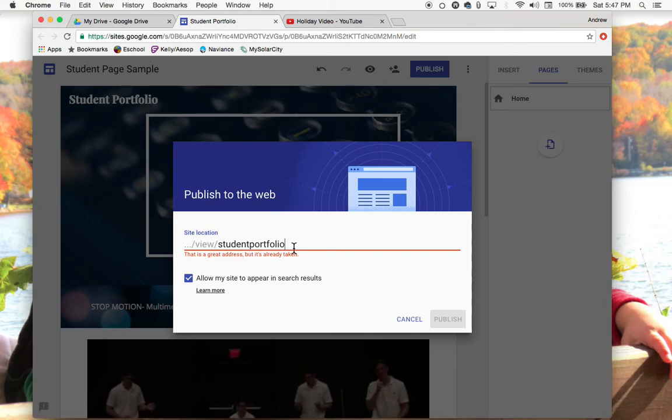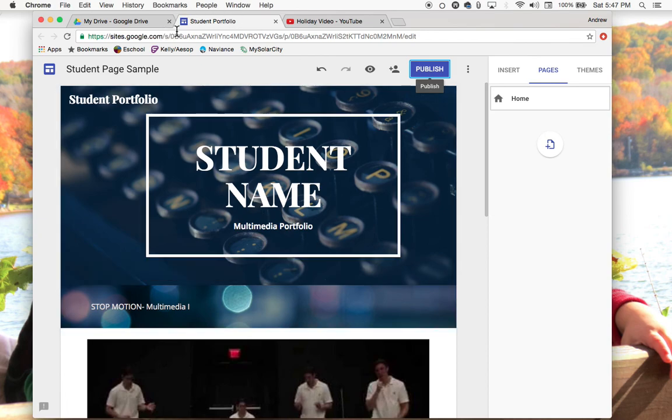So once you find one that works, if I add some numbers to the end of this, 1, 2, 3 is probably not going to work, or I added my name to this, Siggins portfolio, Siggins student portfolio, a little bit longer than I want, but I could click to publish this. I'm not going to do that because I'm not interested in actually putting this out to have public access. So this is hopefully a quick walkthrough and